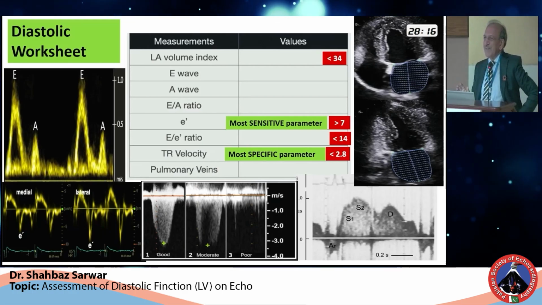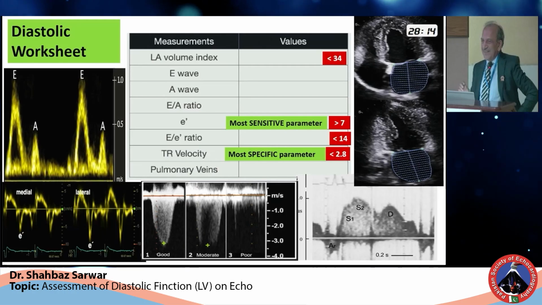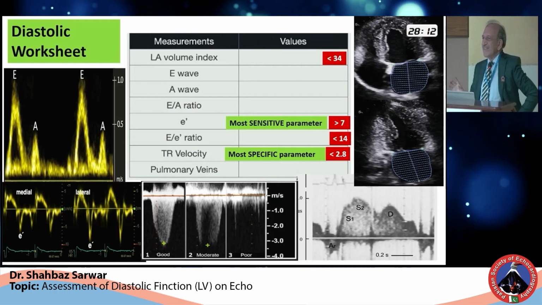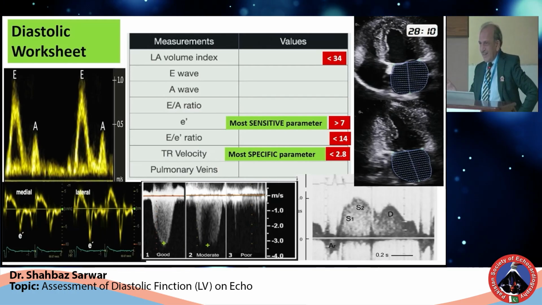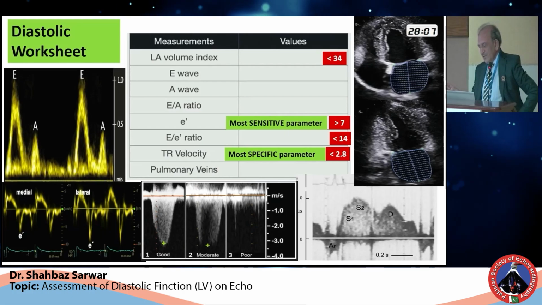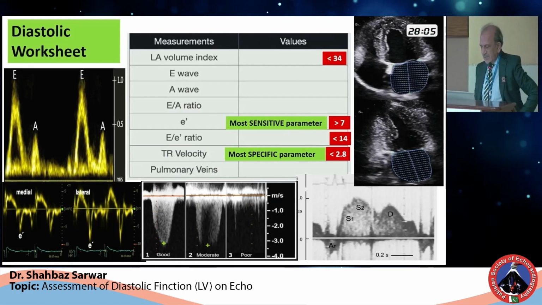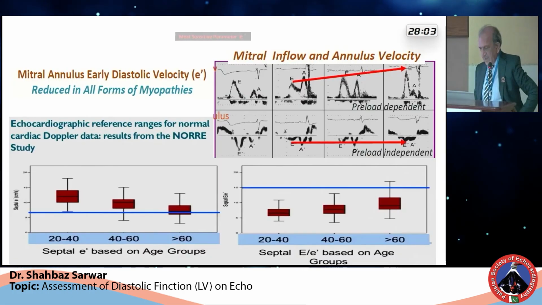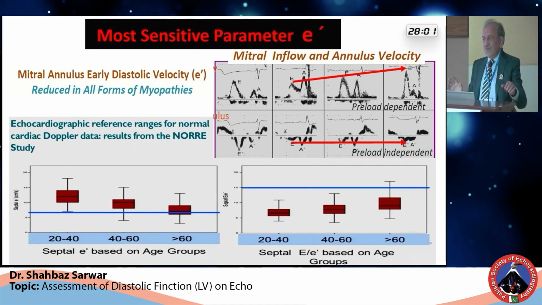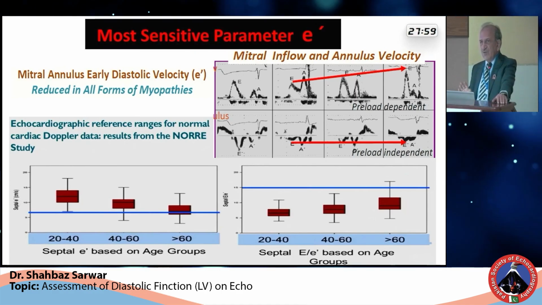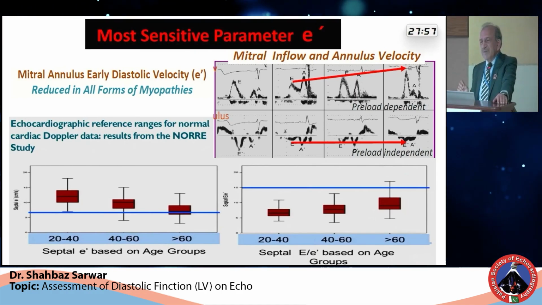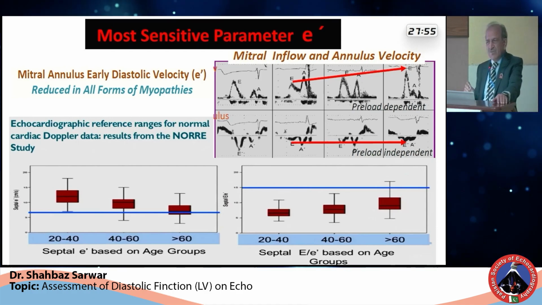I'll just touch upon the pulmonary vein. I am only saying that we should not forget it. And in the red there are the cutoff values. So now when I have told you there are so many parameters,